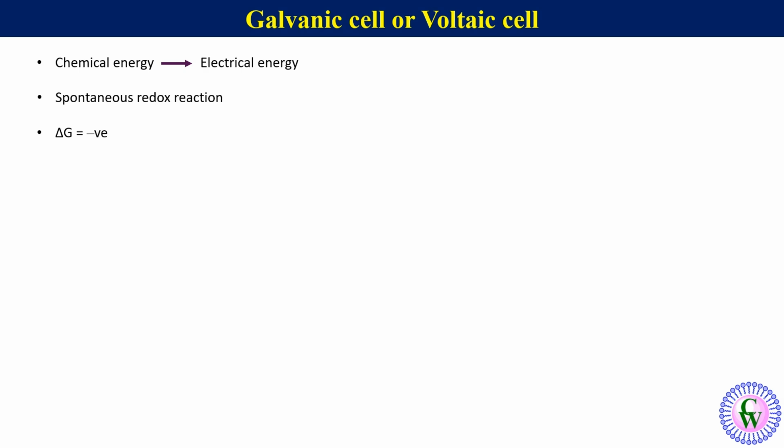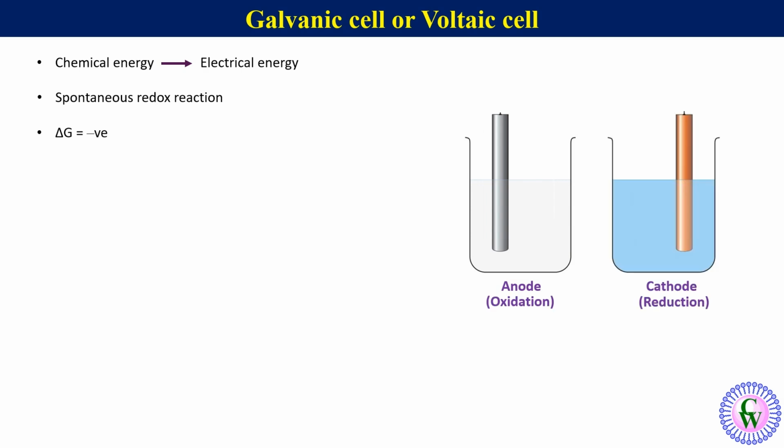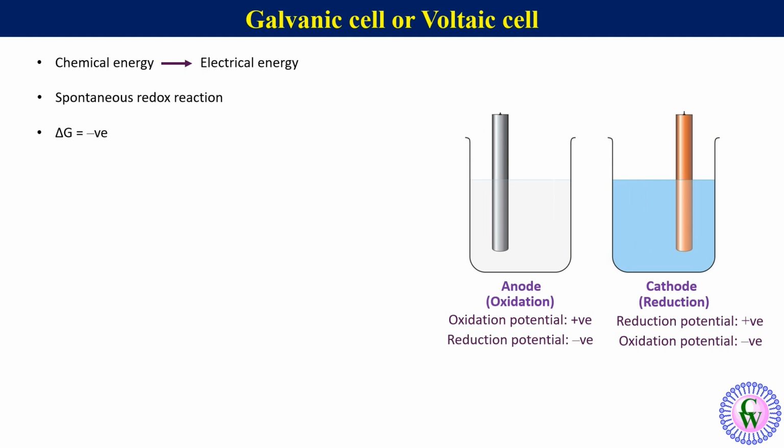It consists of two half cells or two electrodes, an anode for the oxidation and a cathode for the reduction. There is an international convention that anode is written on the left while cathode on the right. The anode has positive oxidation potential, or we can say negative reduction potential, while cathode has positive reduction potential, or we can say